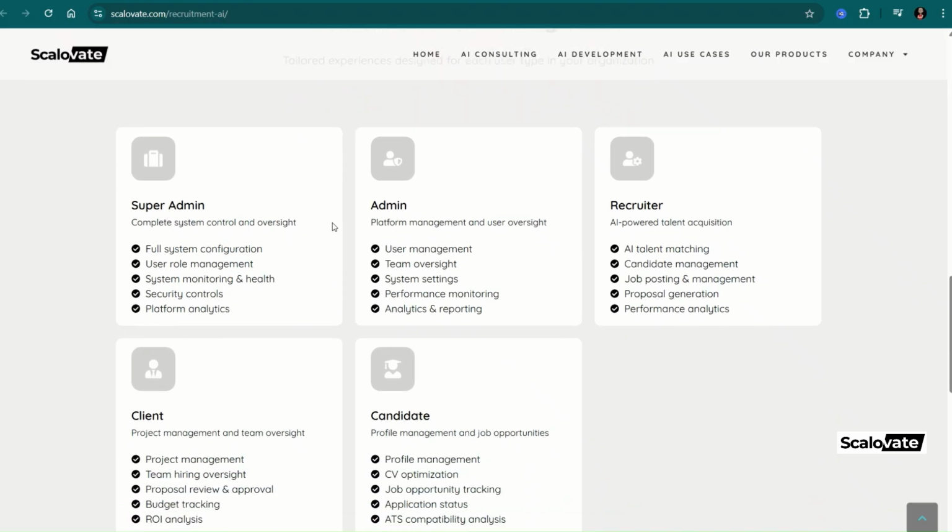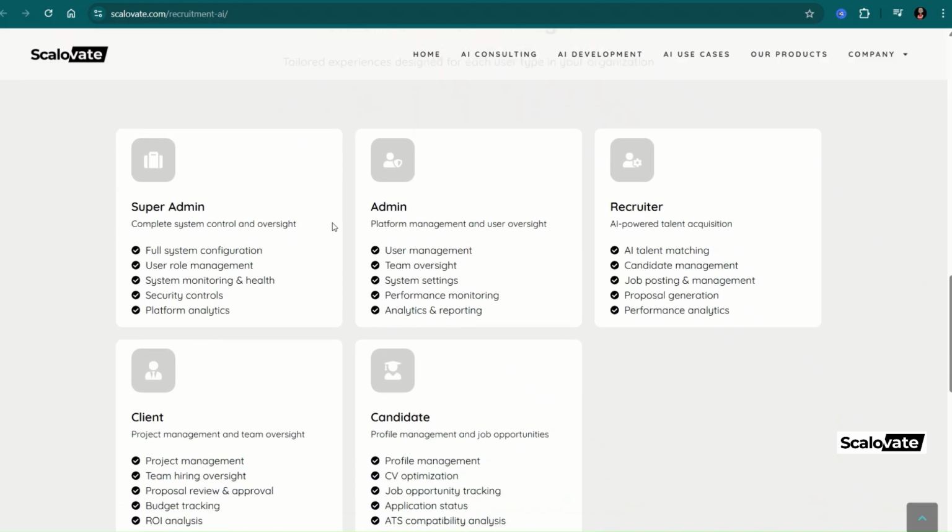So the roles include the super admin for people like the recruitment company owner or the manager who controls the entire app flow and everything else, because this is a business app. This should not be treated like a website or a regular app which has got way too many things going on. This is very focused on your recruitment itself, so you can call it a recruitment operations system. And so it has got super admin, it has got admin, it has got a recruiter role,